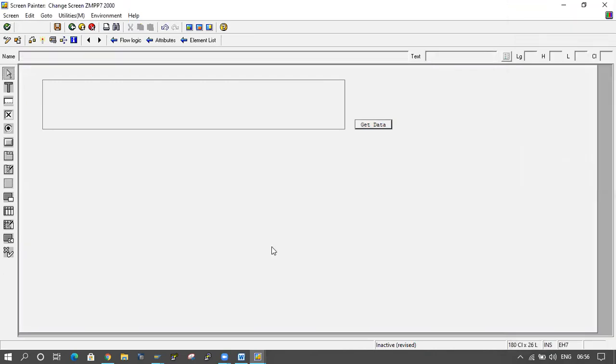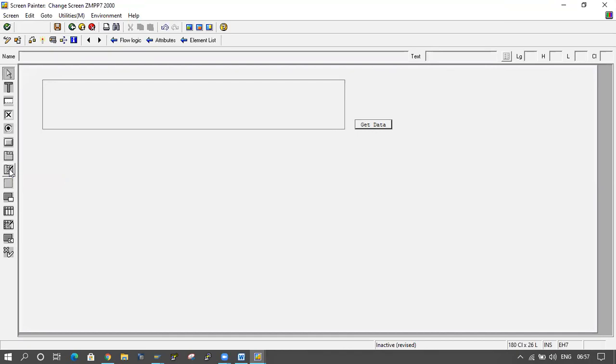Now I have to give here a tab strip. Where is it? So the tab strip is this one. But now I am taking the tab strip with wizard, the second one. Both are tab strips only. The first one is the tab strip, which means you have to maintain all the code, but if you take tab strip with wizard, then automatically the code will come here. Let me check how it will come.